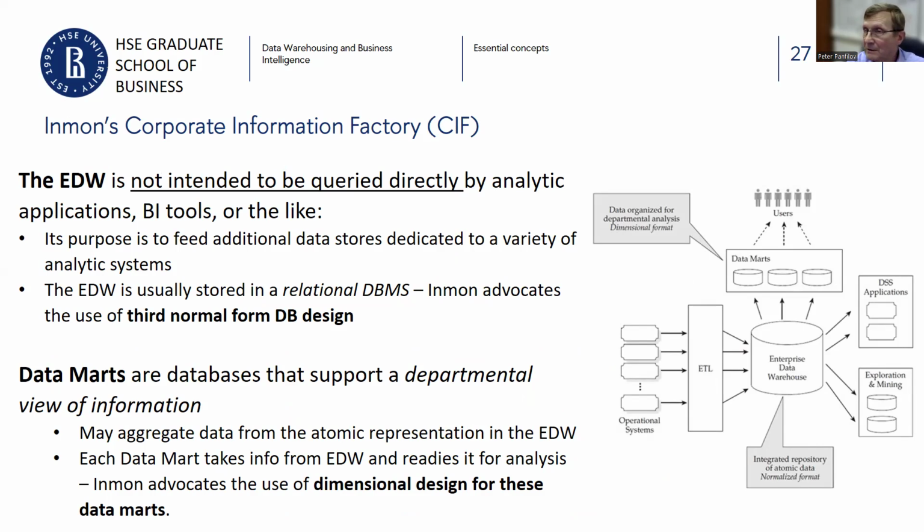I remember last year, one of the students just wrote a comment in the chat that, okay, these days nobody uses Bill Inmon's architecture, so Ralph Kimball's is the major architecture for data warehouses, and we don't need it. No, it's not exactly like this. There are some advantages of Bill Inmon's approach